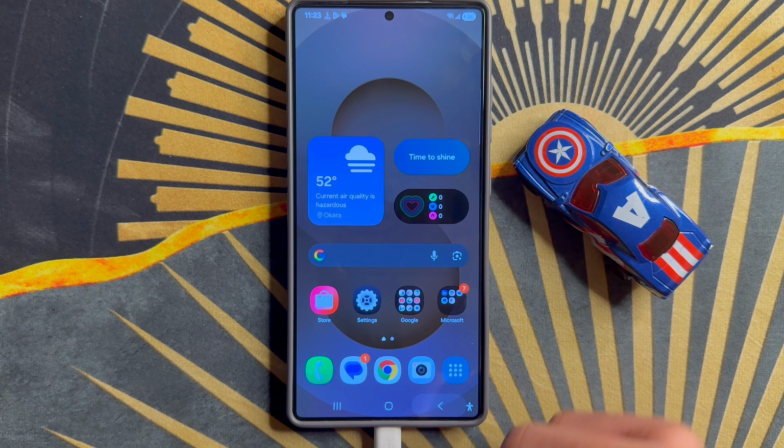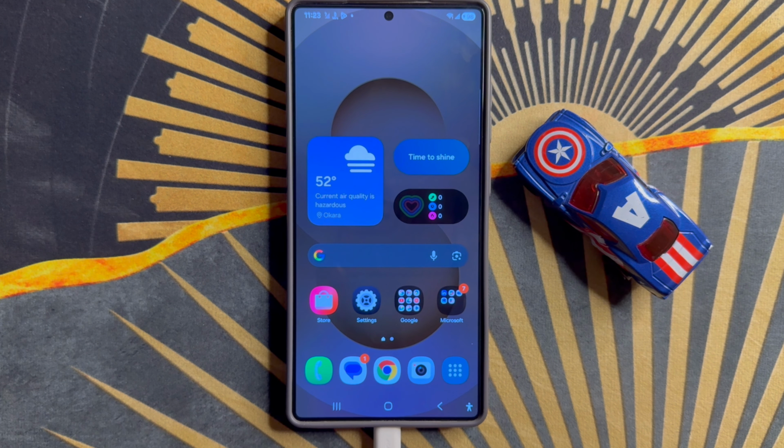home screen. So that's how you can turn on or turn off, enable or disable airplane mode on Samsung Galaxy